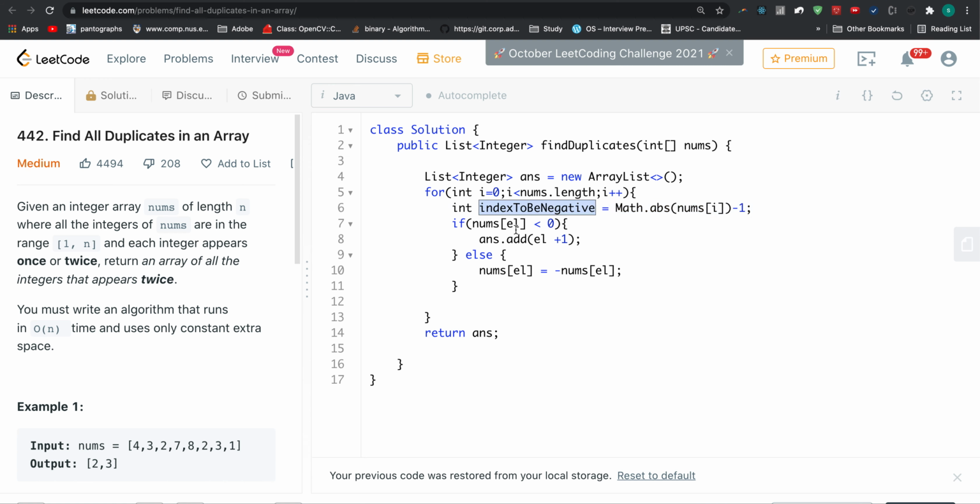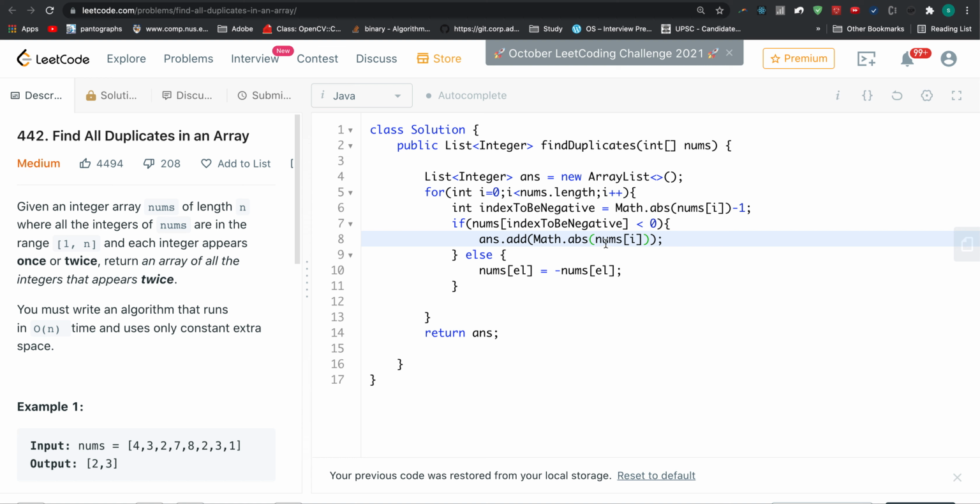And if I see that the element at the index to be negated is already less than 0, that simply means that this element has been visited in the past. So I'll add to my result index to be negated plus 1, or what you can also write instead of this is math.absolute value. This would be pretty more understandable.